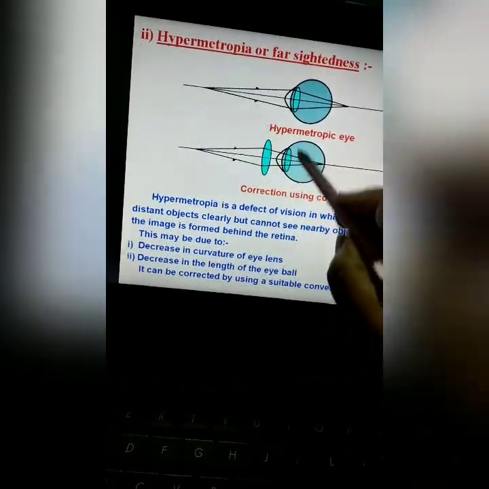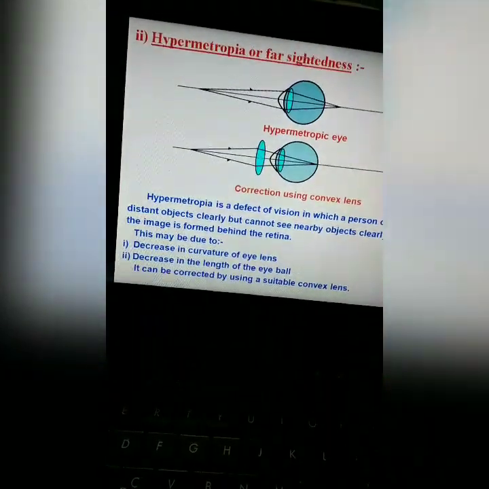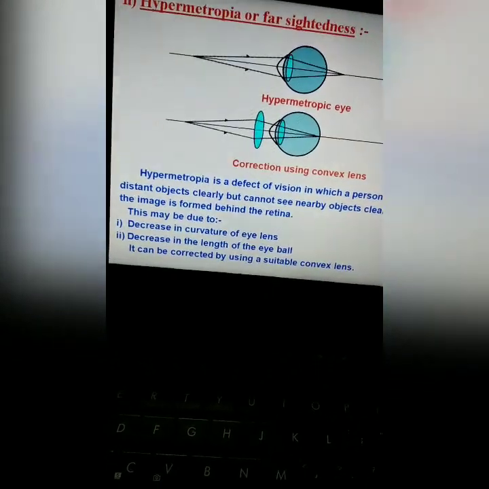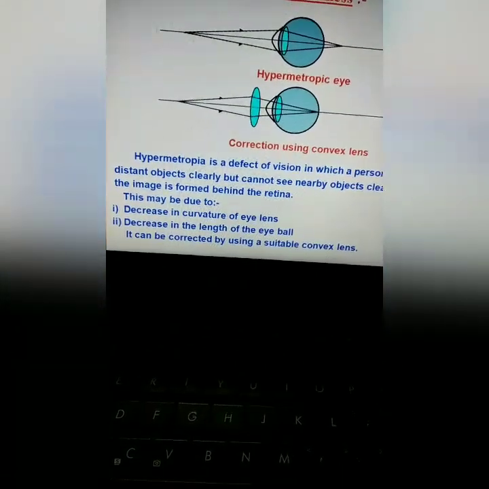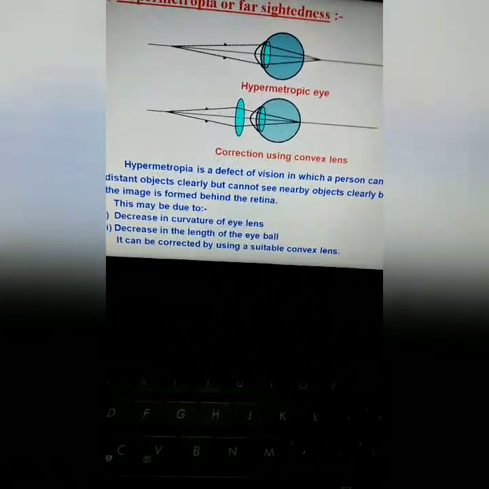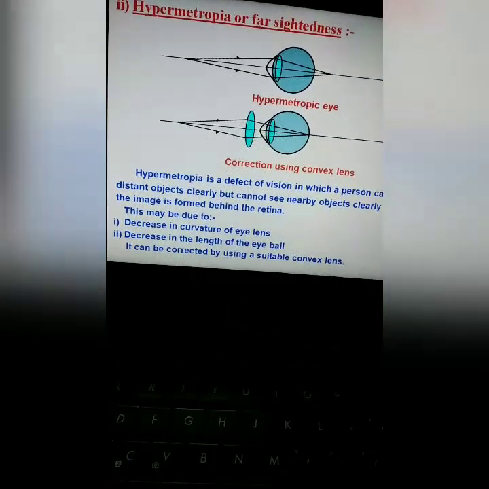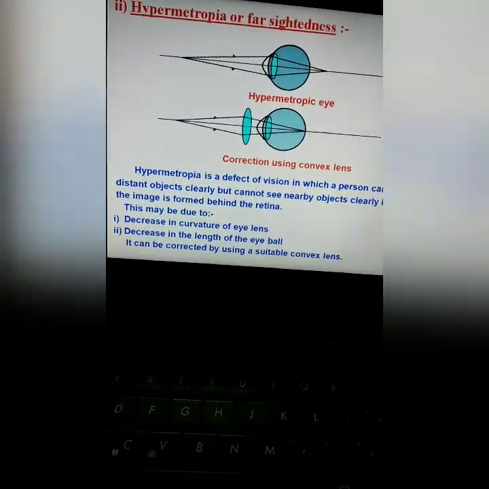The person has a convex lens of positive power, and the convex lens added is also of positive power. Both will be added up: P is equal to P1 plus P2. So the combination power is more positive. So the power will be more and the focal length will be less, as it is reciprocal. That's why the person can see by using the proper power or proper focal length of the convex lens to rectify his defect.